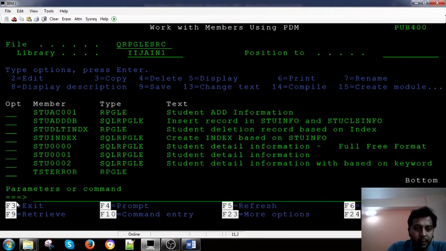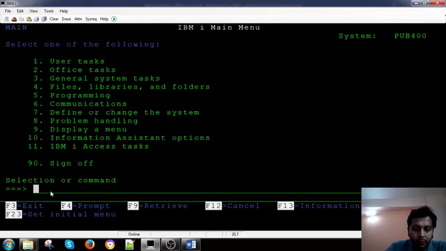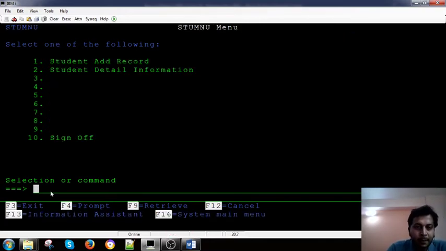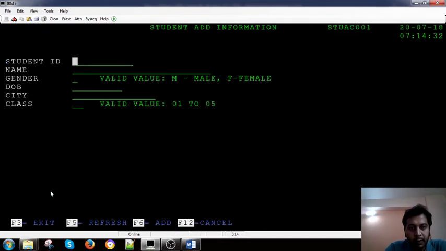So let's call the program. Let's go to the menu option, go to the student menu. When you call this program option 1, you give something. You give the student ID, for example 123456, you give the name, you give gender M or F, you give the date of birth.